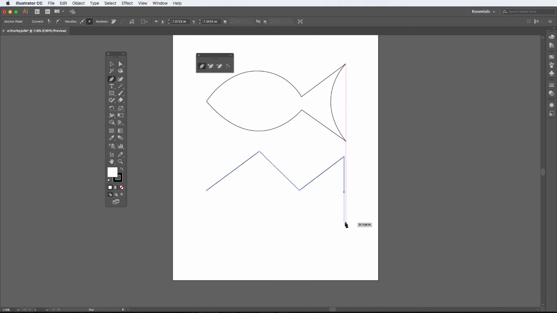I'm holding down Shift to keep my lines straight. And close. All right, so now I have a basic form created,